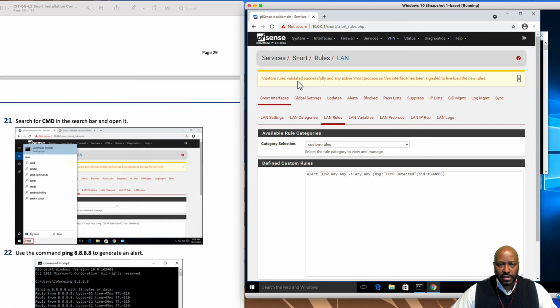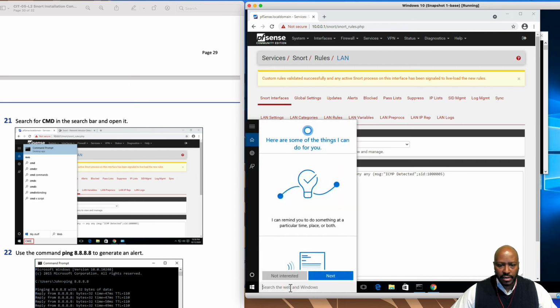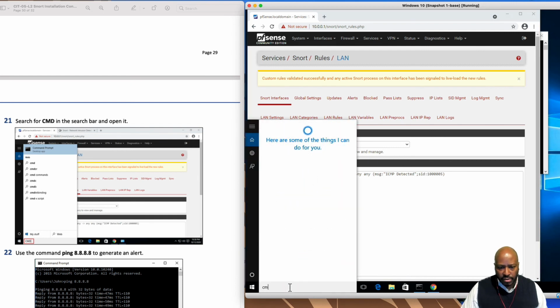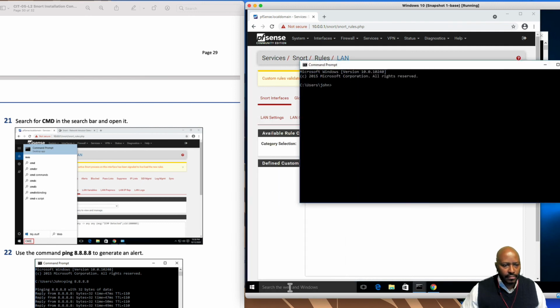I get a nice prompt that says custom rules validated successfully, and any active Snort process on this interface has been signaled to live load the new rules. Perfect. So now I go to my CMD command. So I go to the command line, and I'm going to ping 8.8.8.8 again,